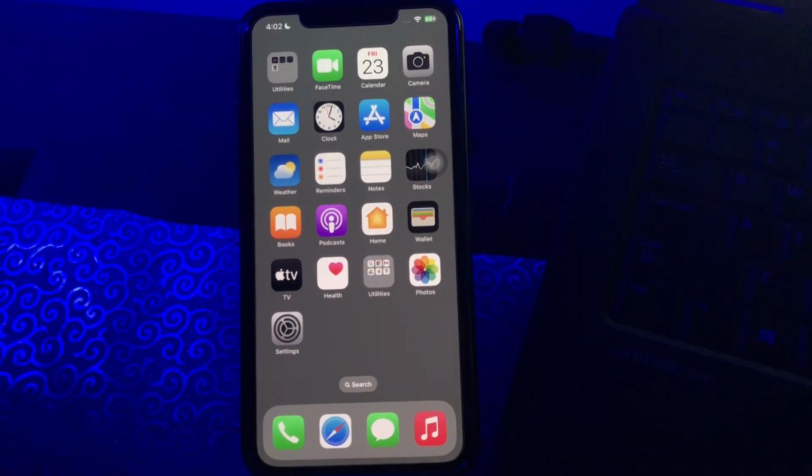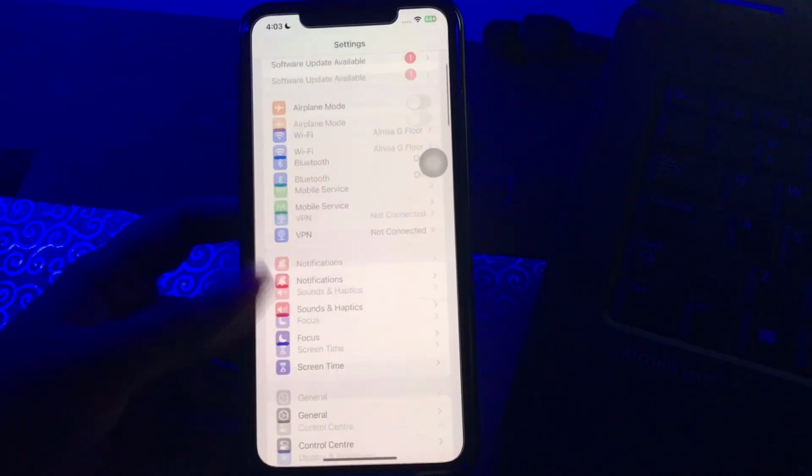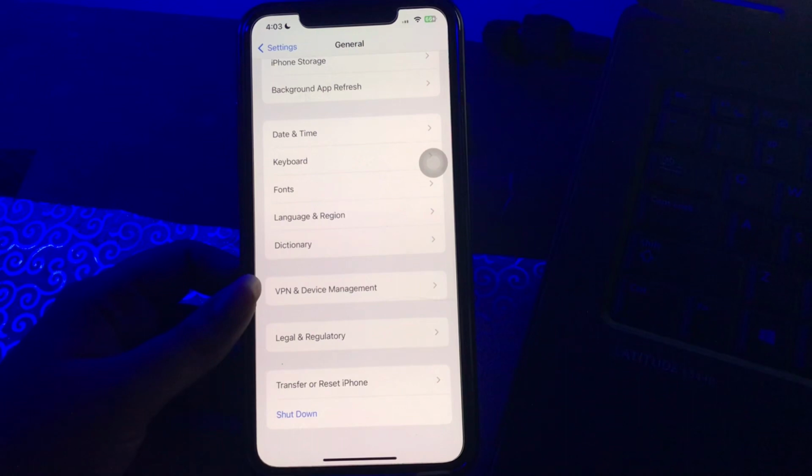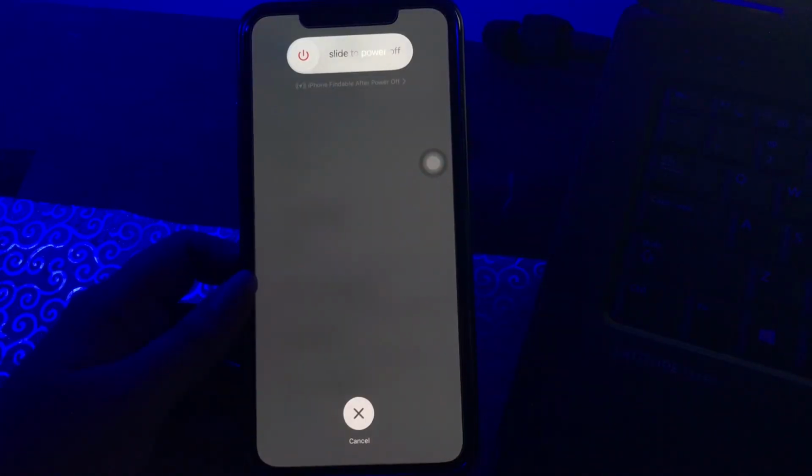So the first thing you should go for is restart the iPhone. Restarting the iPhone can sometimes clear all the minor glitches within the iPhone device, and this can instantly fix this issue easily. For this, you just need to go to the settings page, scroll down and then tap on general, scroll down to the bottom, and here you will see the option of shutdown. Tap on it. Slide to power off, and after some time press and hold the power button until you see the Apple logo, and you are done.